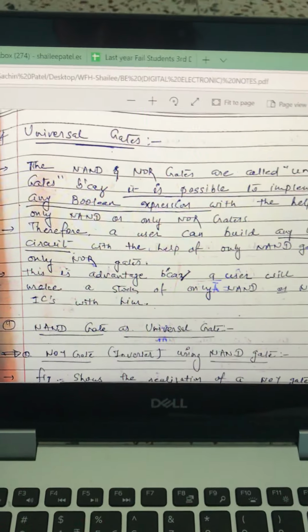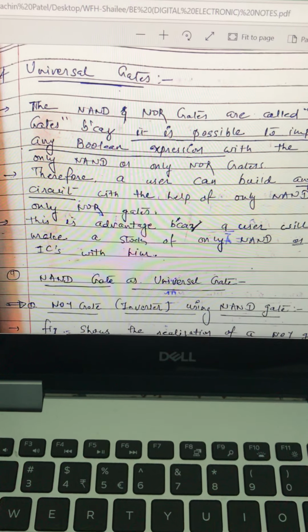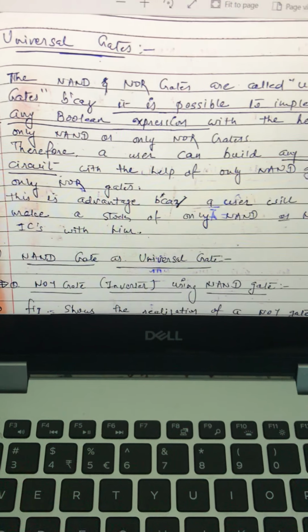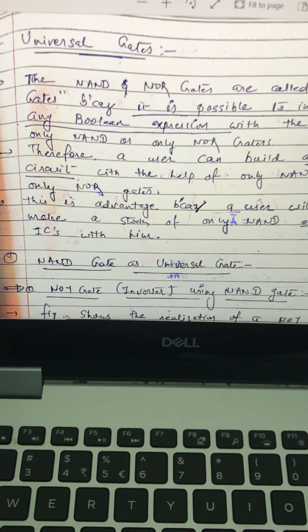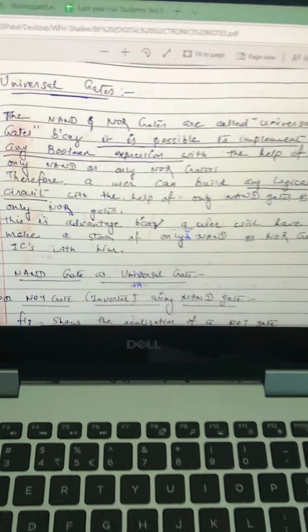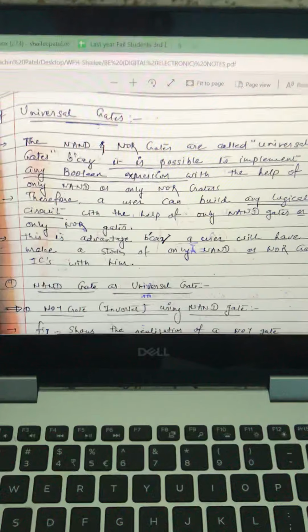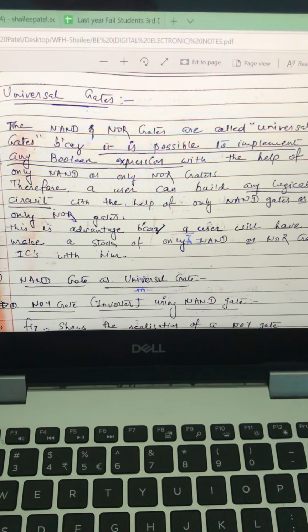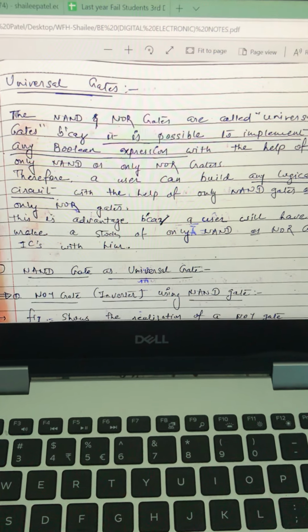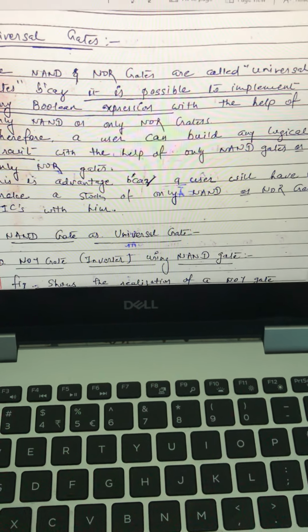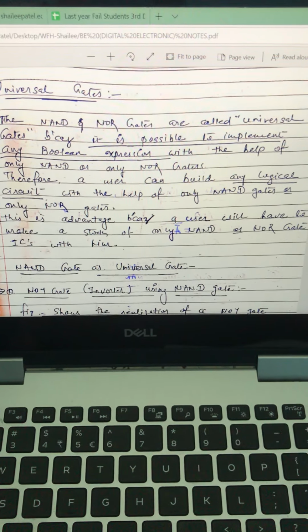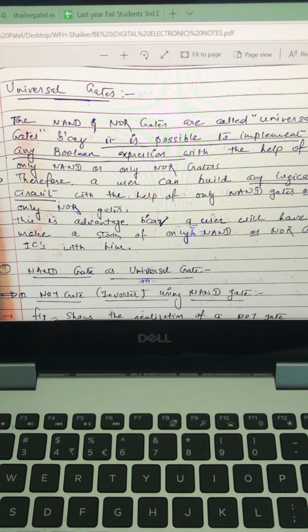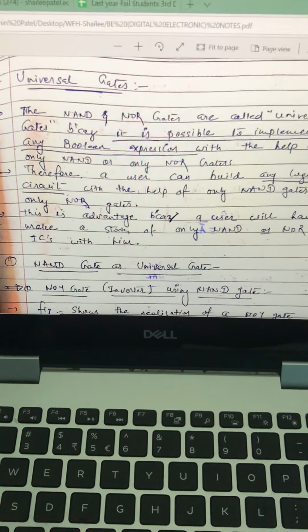Hello all, in today's topic we are going to understand why universal gates are known as universal gates. In a previous class, when I taught you different types of gates, I told you universal gates are known as universal gates because we can make any other gate from them. Firstly, let's remember it is possible to implement it with a Boolean expression, or without, just by the logical circuit too. I am following it for a simple one.